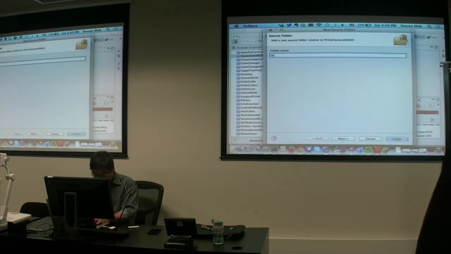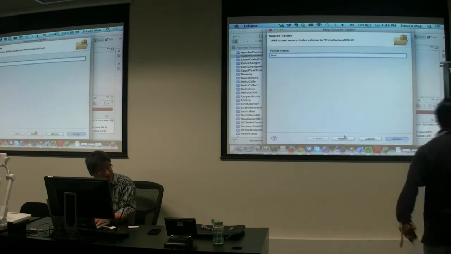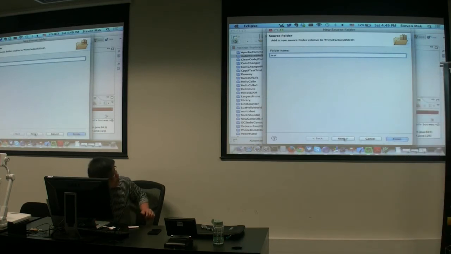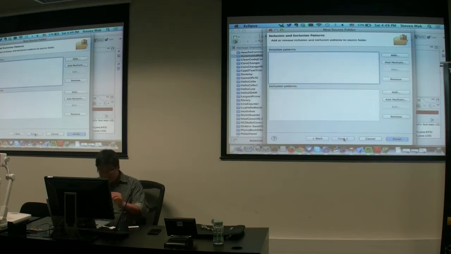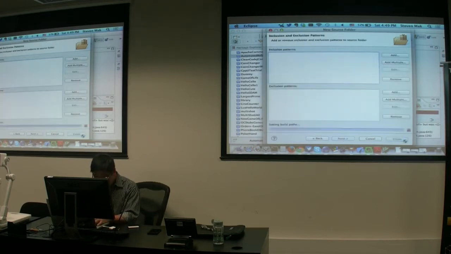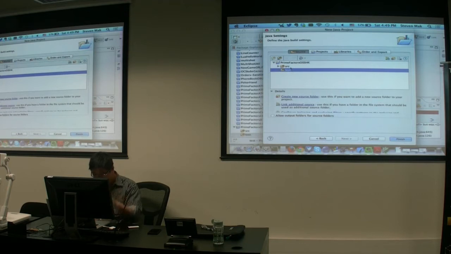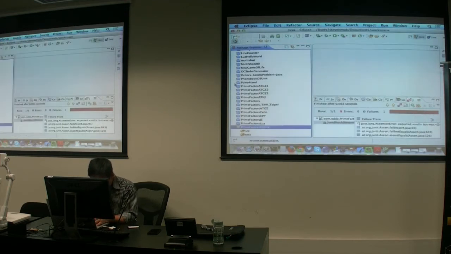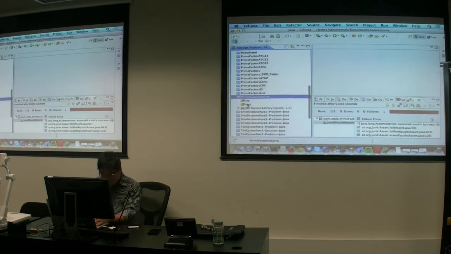And then okay, what I usually like. Can you read it, by the way? Yeah. Okay, good. What I usually like is to have a test folder and a source folder like this. And then I will. Okay, so what I want to start with is